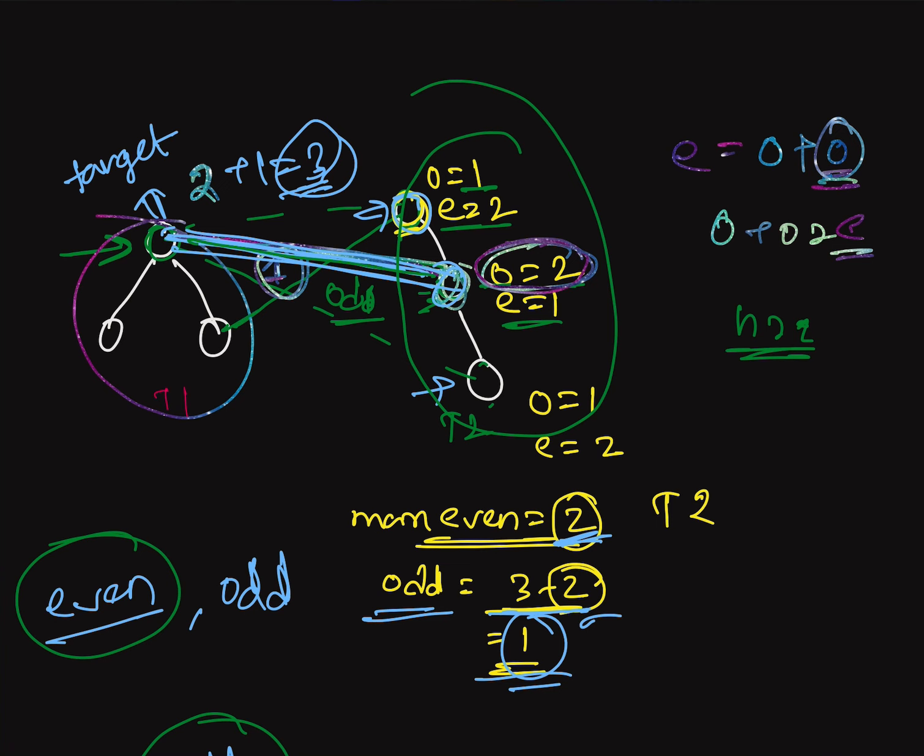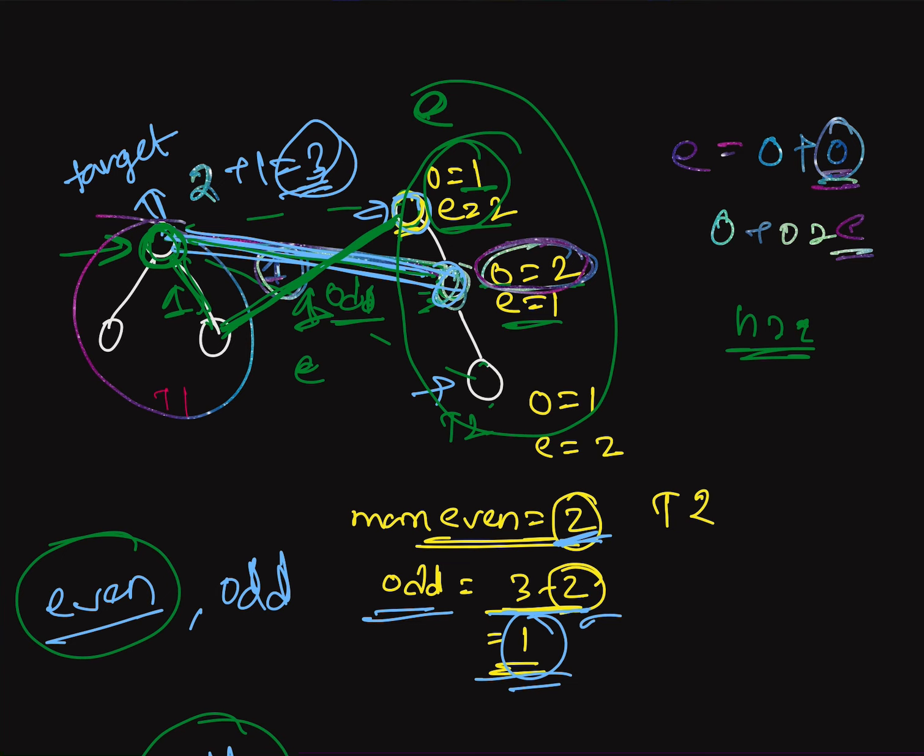So if I connect these two nodes by this edge, then you can check this is actually contributing two edges from this target node, one for this and one for this. So this is actually even. Then I can take the even value from here, whichever node has the maximum even value. That's why I can take both even and odd, because I have at least two nodes. So from this target node currently, if I add the edge, then I will